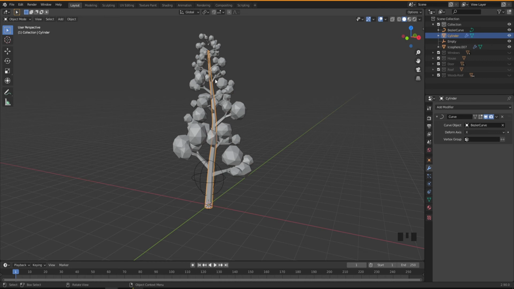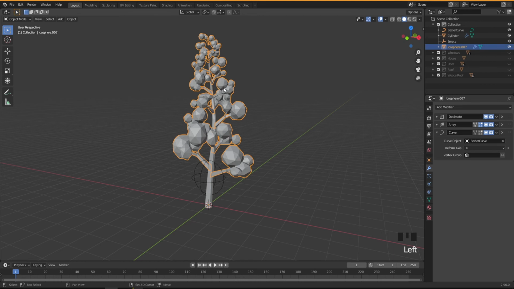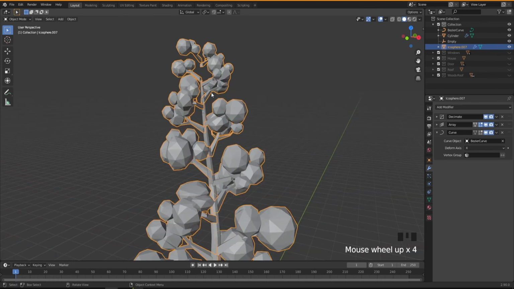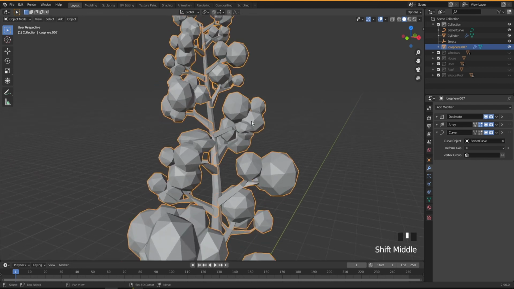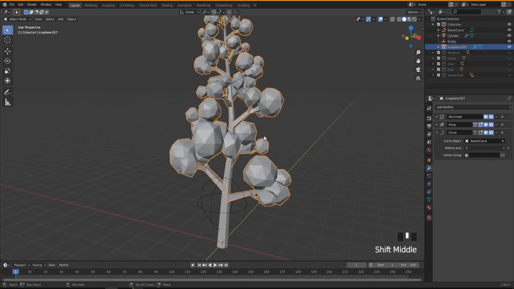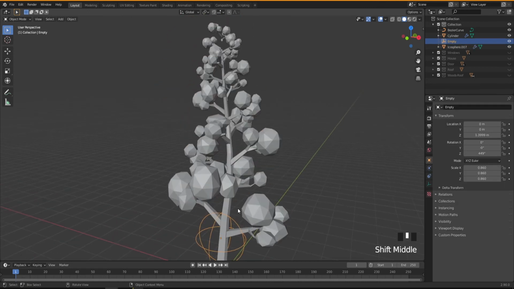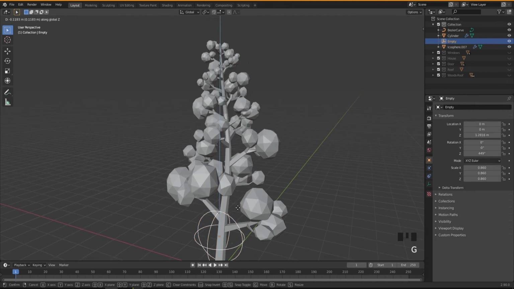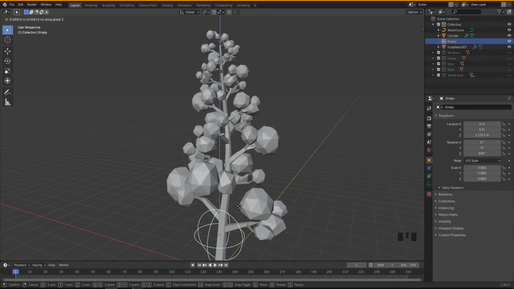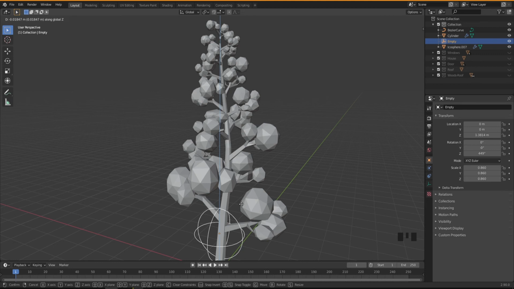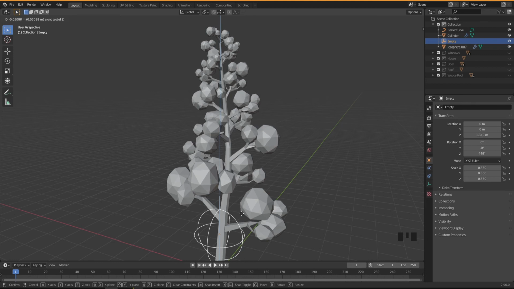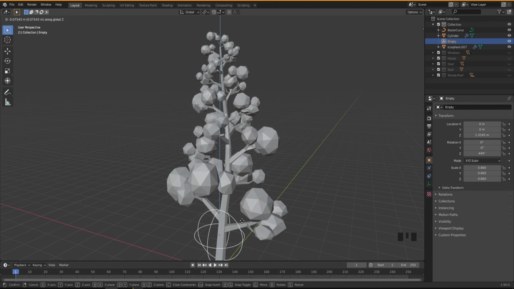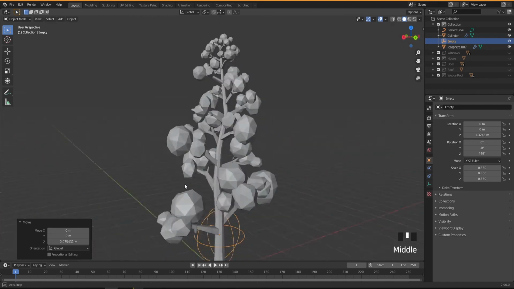But if you remember, we moved everything up. So if you look at this top part, it's moved up a little bit, so we need to move them down. So I'm going to select our empty and then press G, Z and move it down. If you want better control, not jumping like this, just hold down Shift and you'll be able to have better control, just like this.